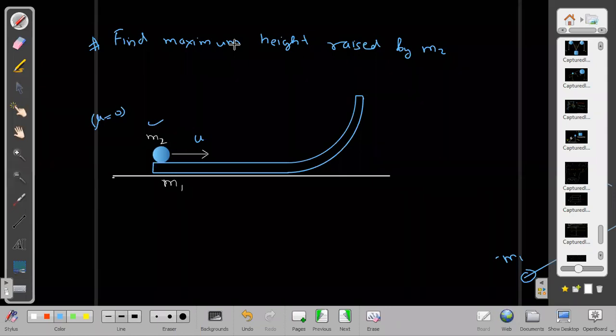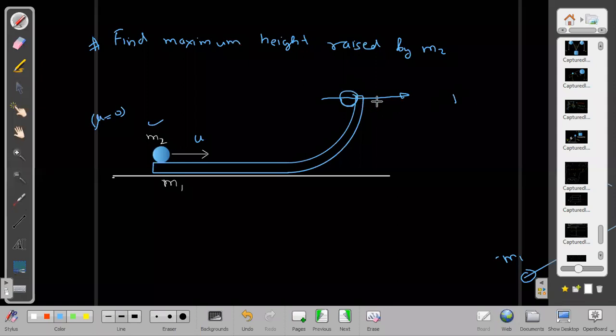So did you get some idea? Yes, sir. (m1 minus m2) into u square by root 2g. First of all, understand what happens when this ball reaches here. At that time, do you understand that their horizontal velocities will become equal? Because this wall is vertical here. It is a quarter of the circle. I told you last time that it is a quarter of the circle. The wall becomes vertical here.